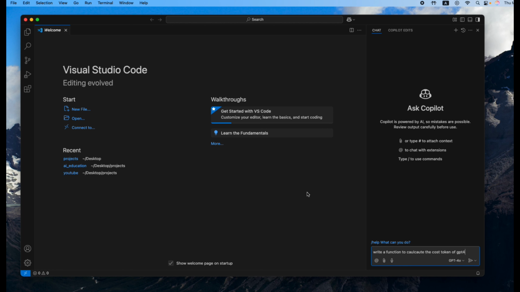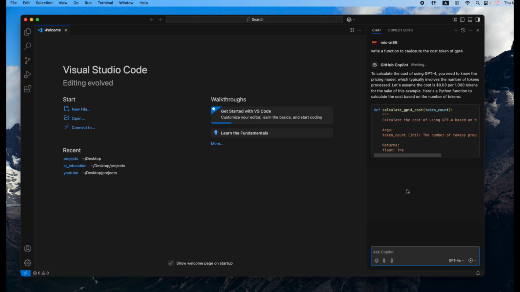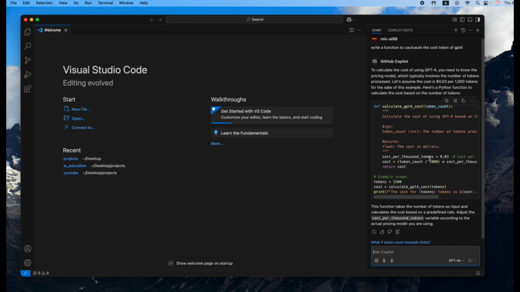Once your GitHub Copilot is set up, you can try to ask a question to do the test. For example, here, I put in a prompt: write a function to calculate the cost token of the GPT-4. And then it'll give you a version of the code, which is well documented,